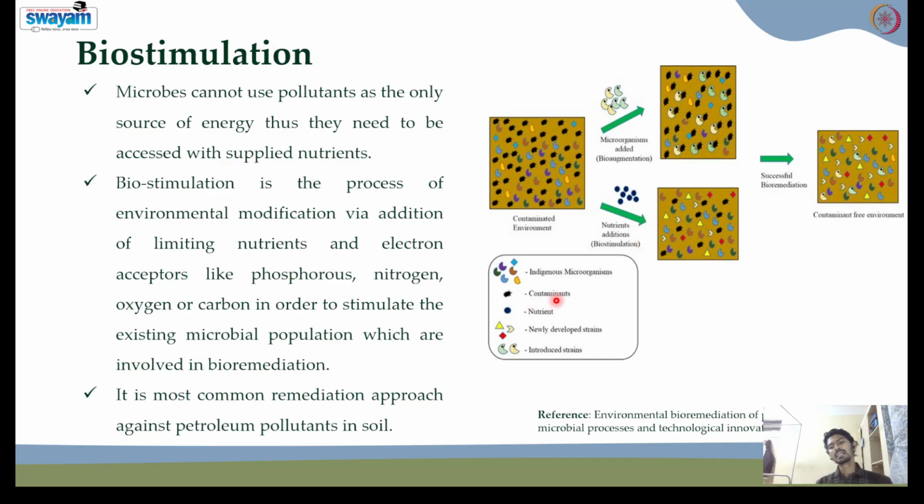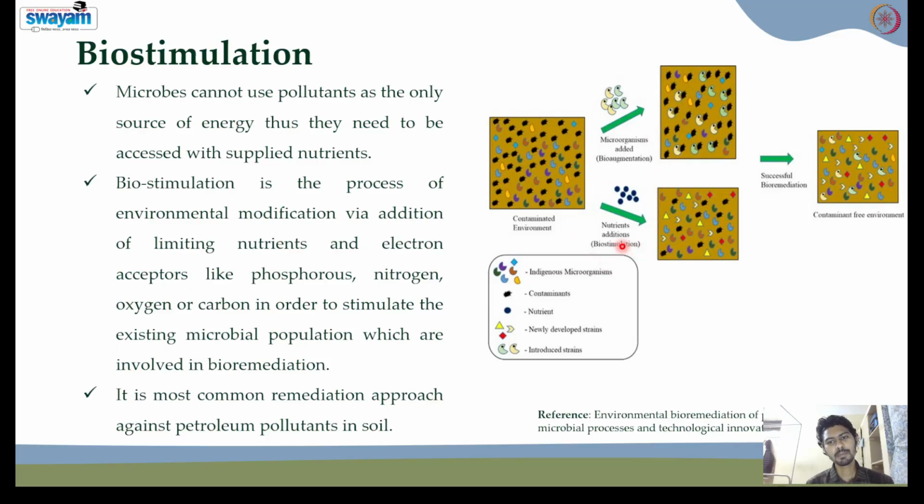So if you see on the right hand side, this is the contaminant environment. If I give one of the contaminant environments and say you have to use the bioaugmentation approach, what you will do is, apart from the microorganisms that are present in the environment, you will be using a particular microorganism that has the capacity to degrade these kinds of pollutants. So you will introduce the strains in order to degrade the pollutant as fast as possible. So this concept we call bioaugmentation.